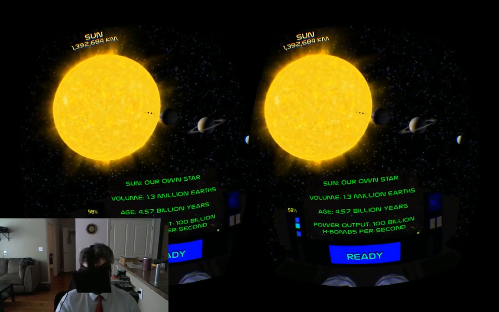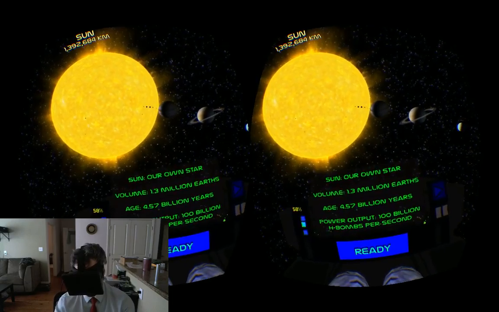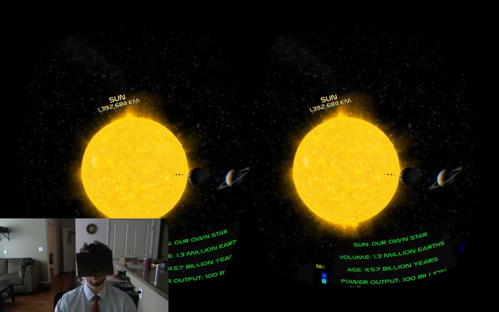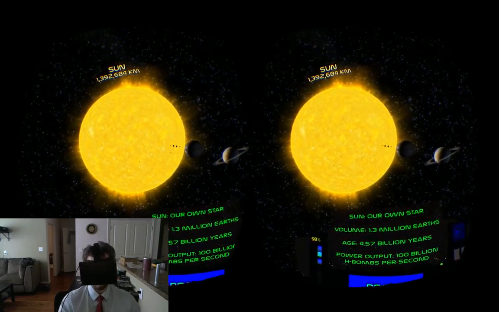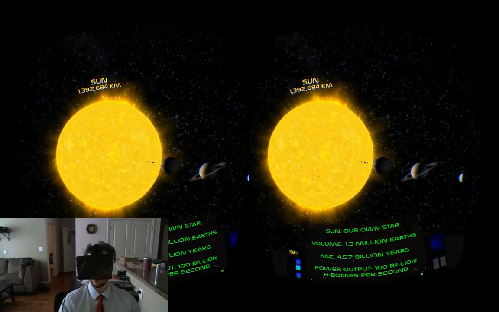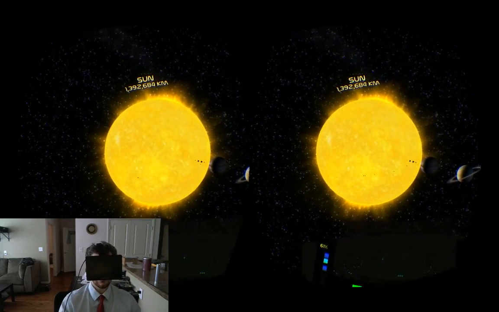4.57 billion years old. So I just want to point this out. The other suns that they're going to show us are nowhere near this. I believe they're in the millions. So is our sun dying? Is this thing going to blow soon? That just seems really old to me, unless that's a typo. So again, you see itty-bitty Earth down there, ginormous sun there, and then,